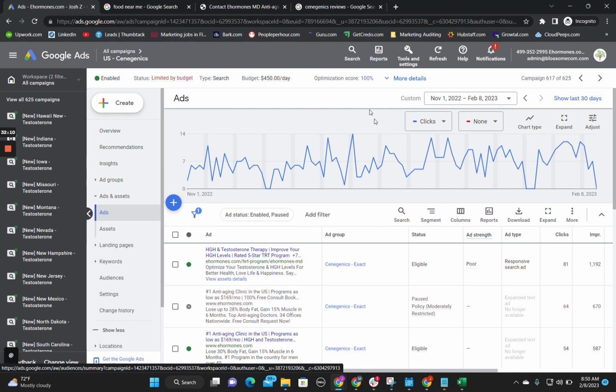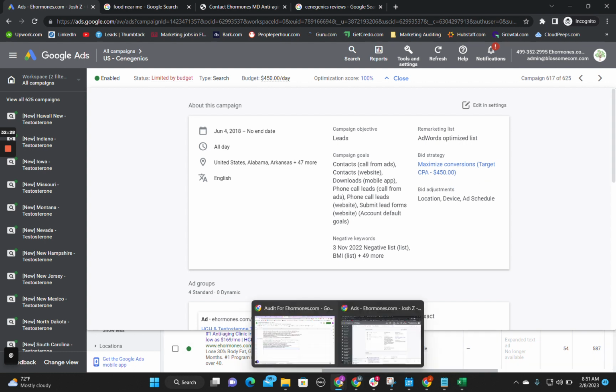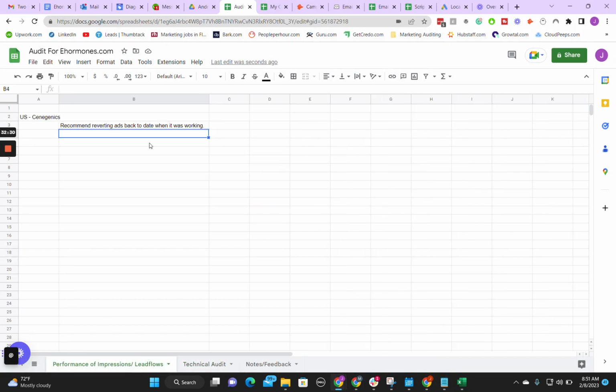And that should almost be it. Let's see here. Maximize conversions. Target CPA of 450. So, what does this mean? Whenever you create a target CPA campaign, that means how much do you want an ad at? And this will probably play a large role in reducing their cost per conversion. So if we come over to here, we're going to say recommending